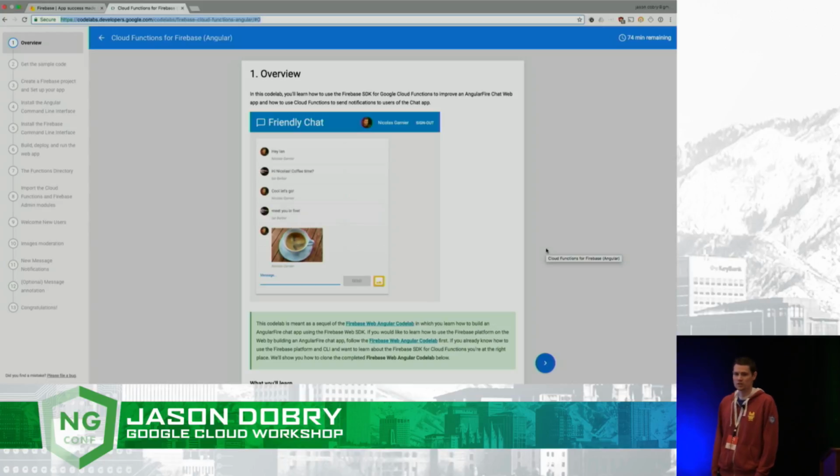What we're going to do is take an existing Firebase Angular Fire app and extend it, improving its functionality using Cloud Functions. Cloud Functions is a new product recently announced. It's in beta currently. It is a serverless platform. You can write Node.js code, and we'll deploy it and scale it for you. When you deploy the code, you can specify under what conditions the function should be executed. For example, when I make an HTTP request to this endpoint, that's when you execute the code,